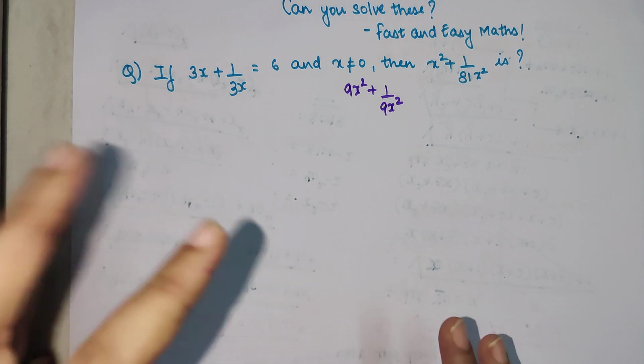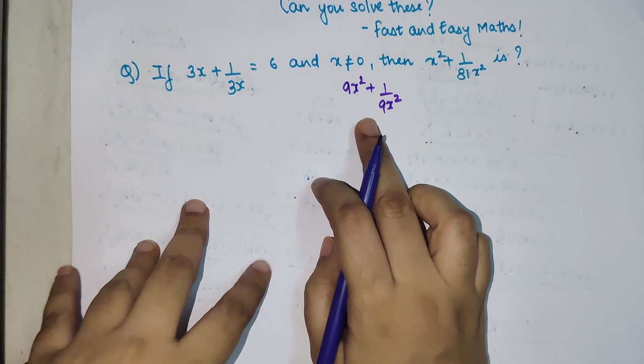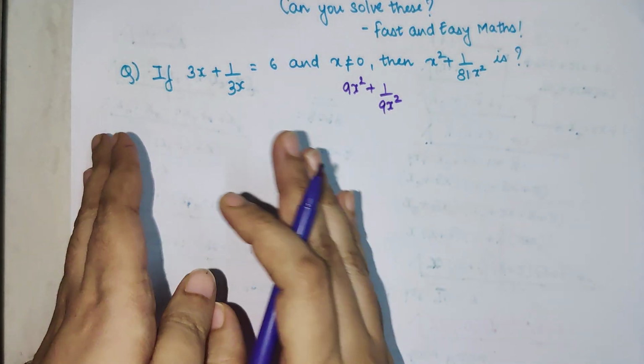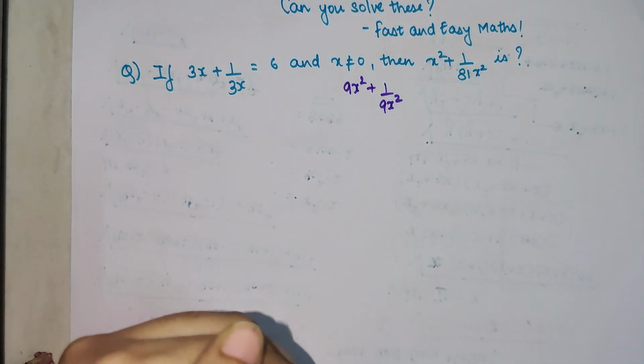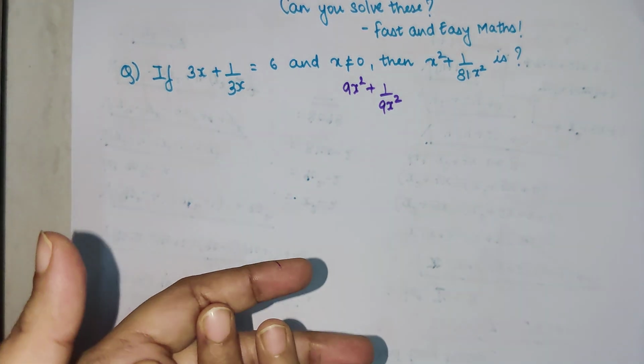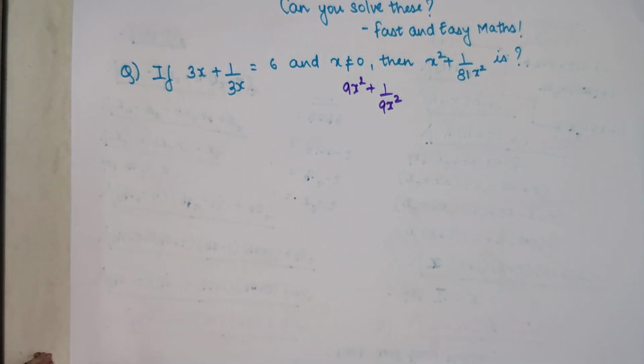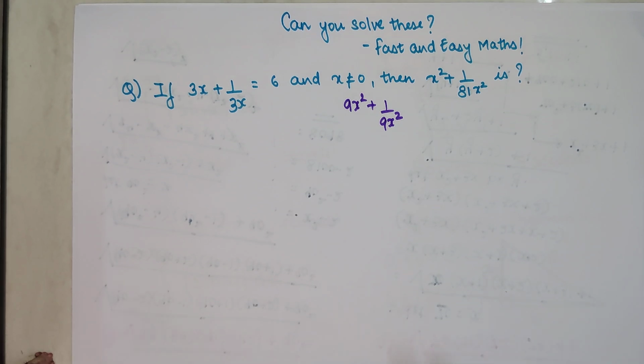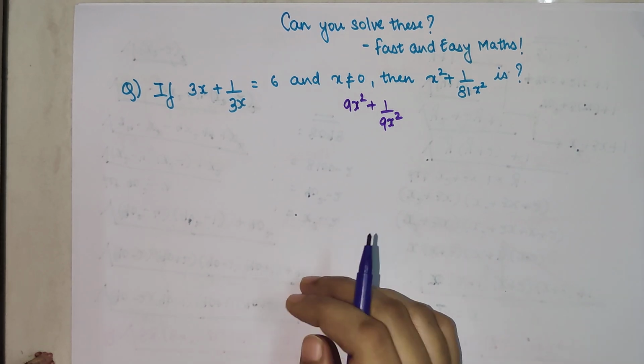Now first things first, if they had asked for something like this, then what you would have done is simply square both the sides, and when you square it, you will realize that the middle term cancels itself out. If you don't know how to do that, I will put up the link of that video on top, because I've made a very great video on that and a lot of people have benefited from it. I would request all of you to please check that video, and the link will be available in the description as well. But let's first start to solve this one.